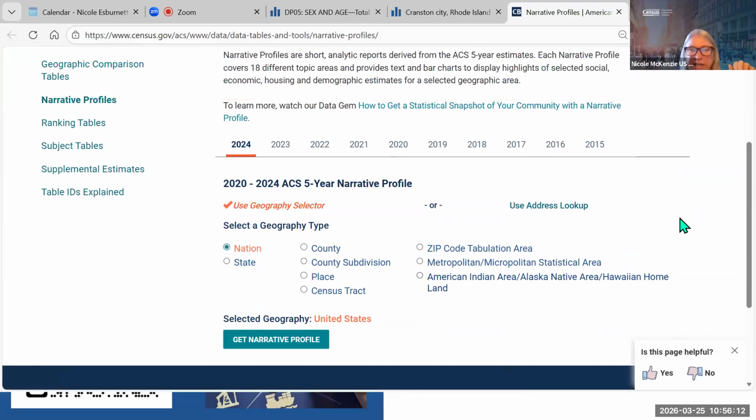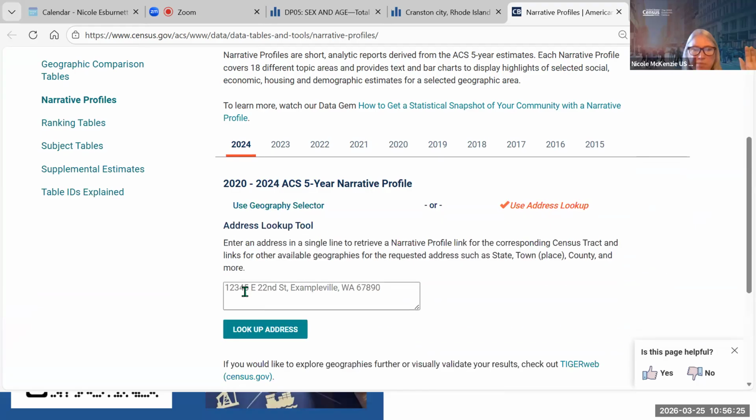It allows you to get it in a narrative form. So again, you can say, I want to look at a county subdivision or a place or a census tract. You can do that. Or you can use the address lookup, which I find is a lot of fun because you may not know what census tract you live in or where your office is. But if you type in your address, I'm going to type in 1 State Street,